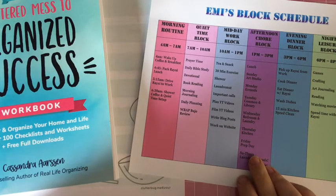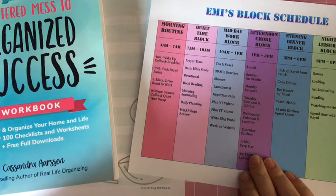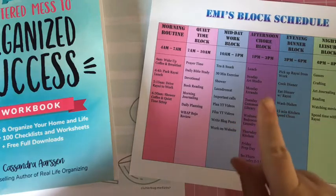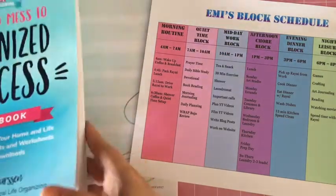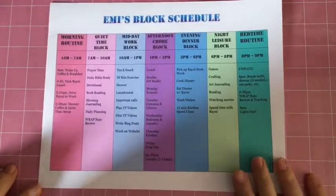I'm filming a little video today about what I'm doing to get more organized with my schedule. And yeah, I'm just gonna dive in, and I'm gonna start with my block schedule that I'm trying to get on currently. Let me move some of this to the side, and let's get into